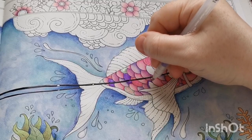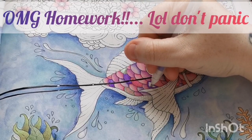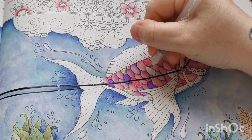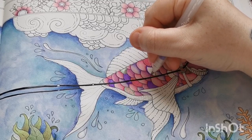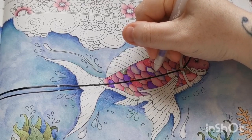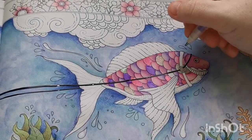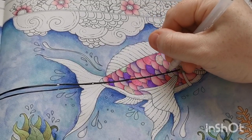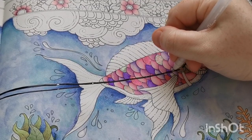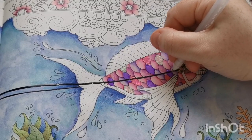And don't forget, I'll be setting you a little homework task, if you like. Of course it's nothing serious. You can just take it or leave it. It's up to you. I just thought it'd be a fun little thing to set, and it gives us all a little bit of time to work on this off camera and add some of our own